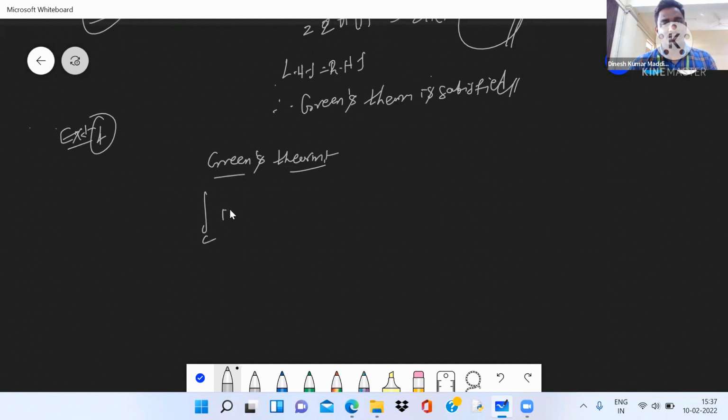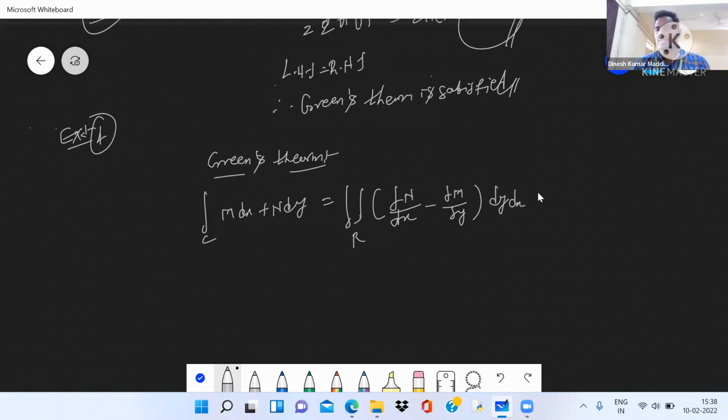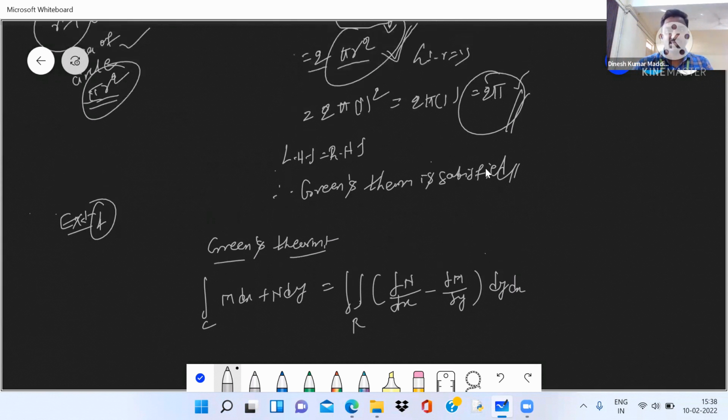integral over C m dx plus n dy equals double integral over the region dou n by dou x minus dou m by dou y dy dx. It is the Green's theorem. Okay, so now the given problem is